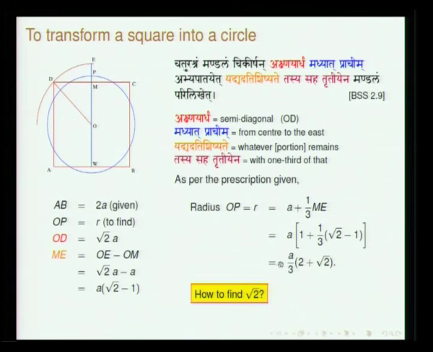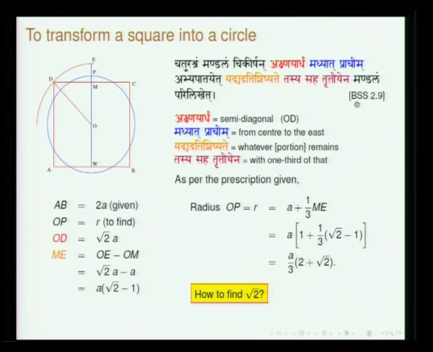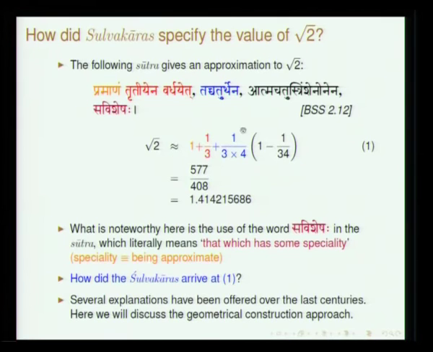Okay. In this we find root 2 appearing. You know the value of A, but you do not know what root 2 is. If you have a way to find out root 2, then you will be immediately able to compute this. If you look at, this sutra is 2.9. A couple of sutras later Bodhayana presents another sutra which gives the value of root 2. Pramanam tritiyena vardhayet tat chaturthena atma chatustrimshena vunena savisheshaha. So, mark the word savishesha.